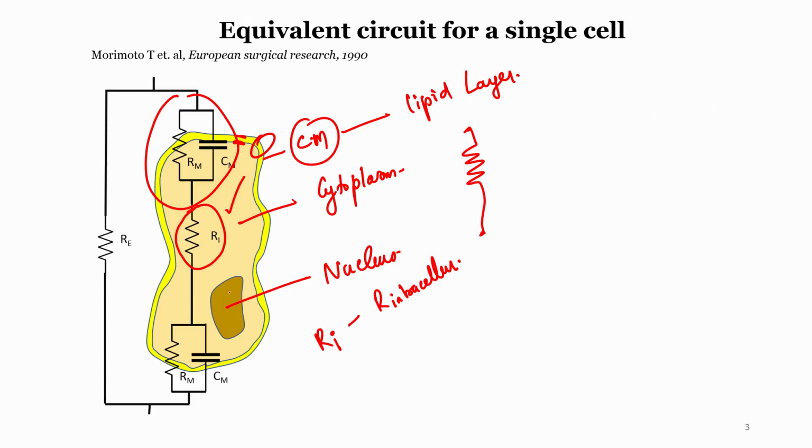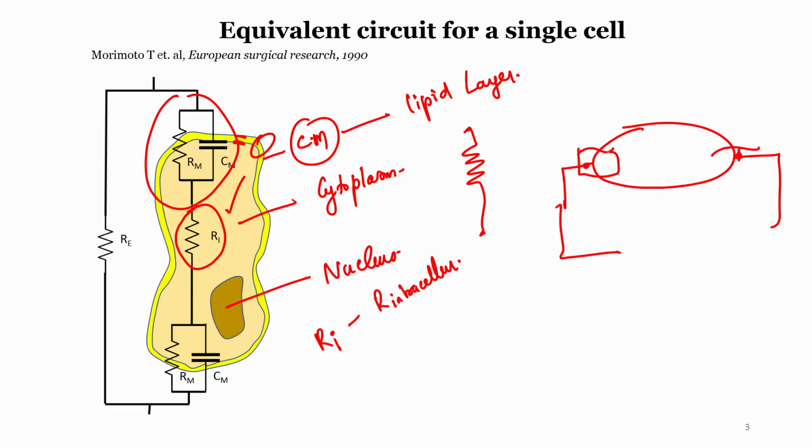Now for simplicity, let us say you are taking a single cell, it is a very hypothetical situation, it is very difficult to apply current to a single cell. Though there are now technological advancements where we can do that, but let us say we are applying current through a single cell, current has to enter from one point and exit from one point, right. So this cell membrane can be modeled as two such interfaces of resistors and capacitors. That is a simple thing. So that is what we are seeing here, these two, and it goes through the cytoplasm, which is Ri. Note here that the nucleus is not at all coming into picture, but why have we drawn the nucleus? I will come to that.